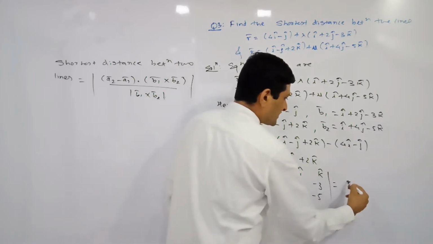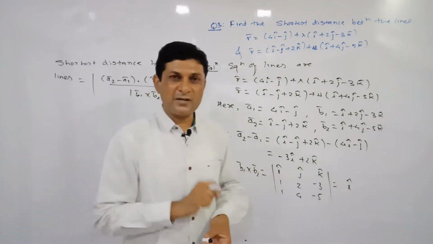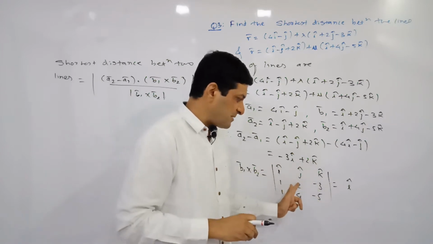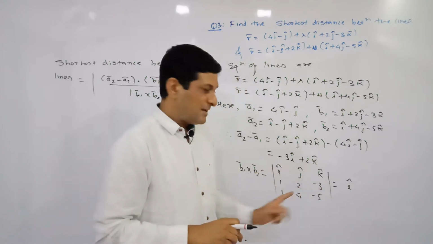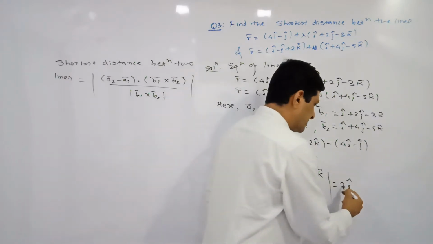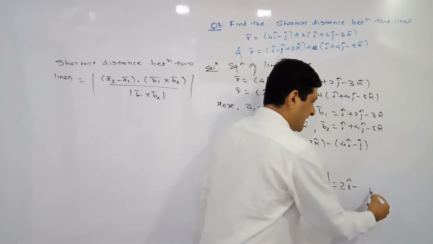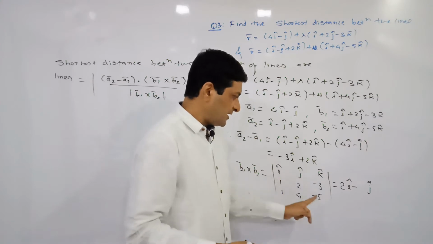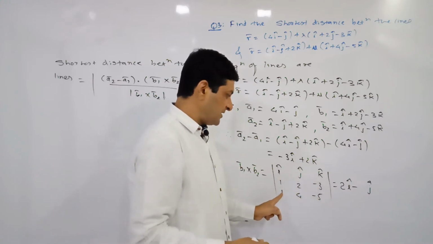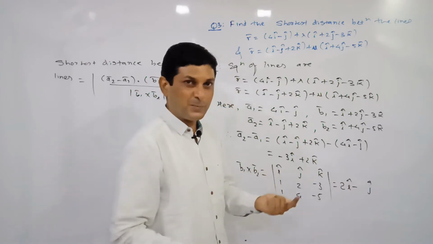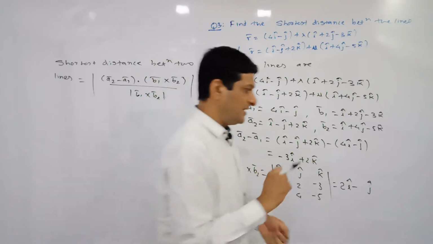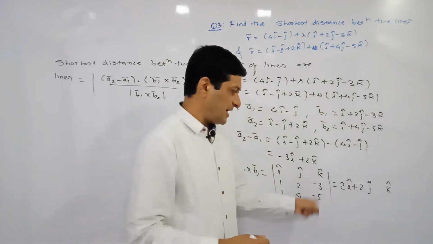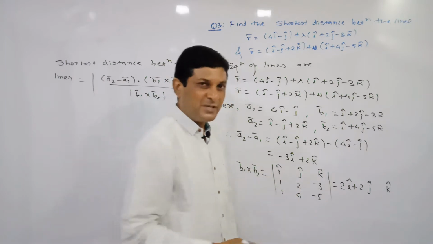So which is equal to, first let us simplify this determinant and first we are trying to find out coefficient of I cap. So delete this column. So find out determinant of these four elements, minus 10 minus plus 12. Minus 10 plus 12 will be equals to plus 2. Here plus j cap is there, so take here minus j cap. Delete this column, find out determinant of these four elements. This product is minus 5 and this product is minus 3. Minus 5 minus 3 means plus 3. Minus 5 plus 3 is minus 2 minus, and this minus will become plus 2. Lastly, let us try to find out coefficient of k cap. Delete this column. So 4 minus 2 will be equals to 2.